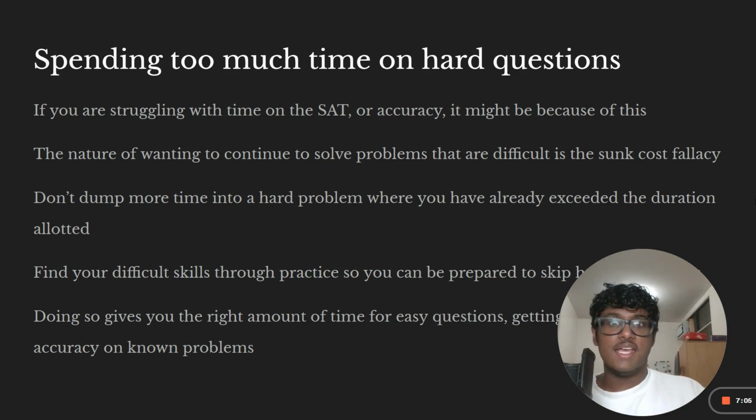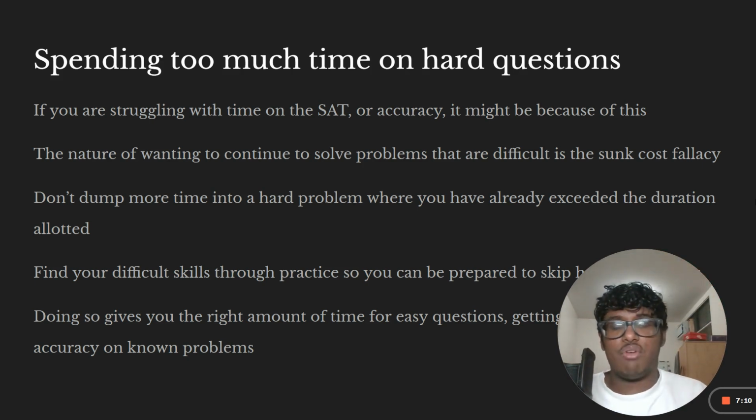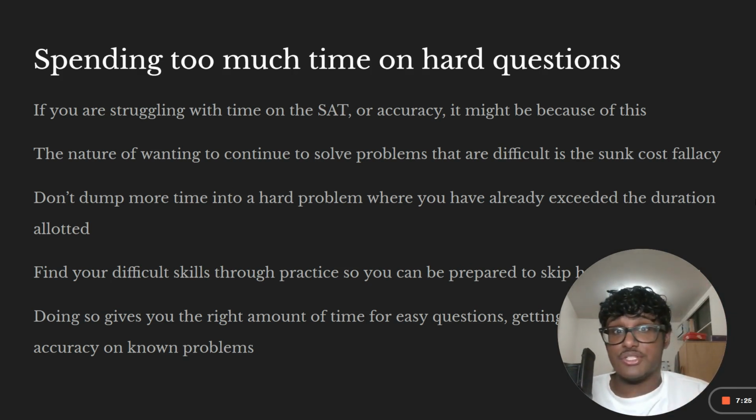And the SAT is standardized to have all those problems be like that, right? To have all the problems take generally the same amount of time and not take 5 minutes and the others take like 30 seconds. That's not how the SAT is built. So based on that idea, every moment that you spend over that time, you're depriving that time from another question that could be easier to solve and that you know how to solve if given the proper amount of